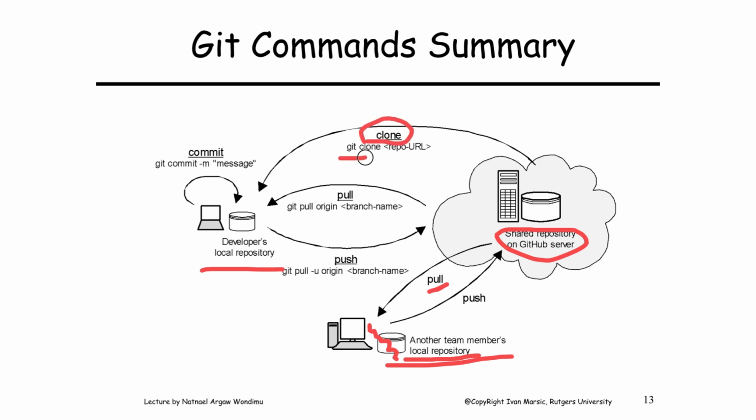You can use git clone and the URL, or the clone address, of the shared repository. Then once you have copied the contents of the shared repository, you can make changes and push back to the main, central repository. And again, whenever changes are made by other developers, as you can see here, to the